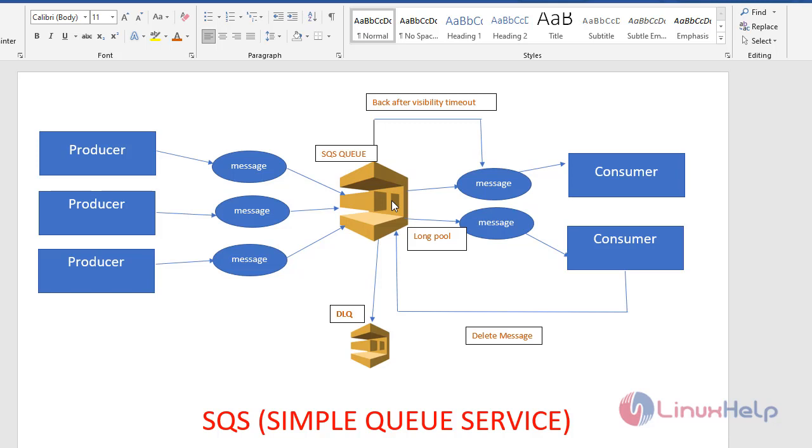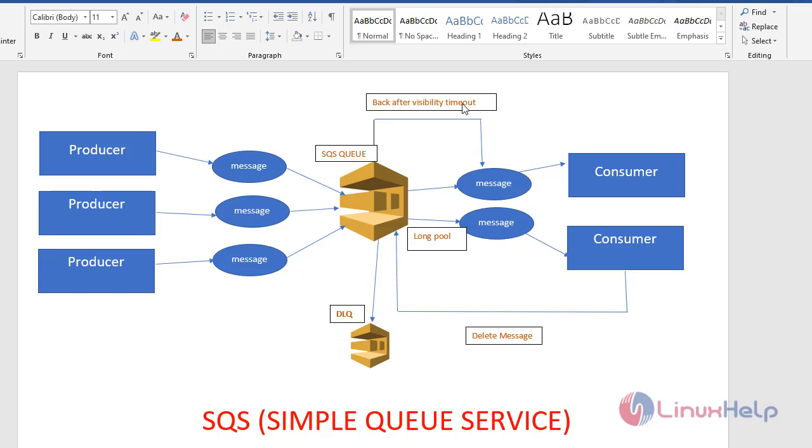So this is the idea of polling. If the consumer is not finding any message in the queue, instead of polling the queue again and again in search of a message, the consumer can sit there and wait for a message to arrive in the SQS queue. This will save your cost, because instead of polling again and again, you just wait for the message. So when a message comes instantly from the producer side, the consumer can take that message and work on it.